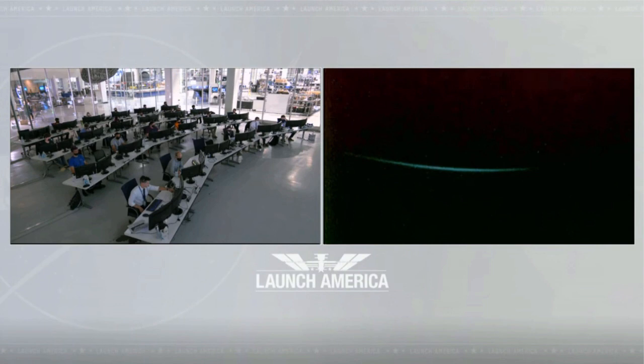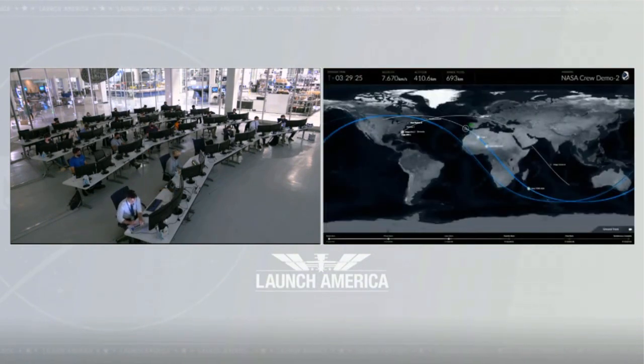But this type of healthcare procedure is standard procedure for NASA astronauts because, of course, we have to be looking out for any changes in their health and just general health checks while they're on station and the entire journey up to station. So I think this is just another...